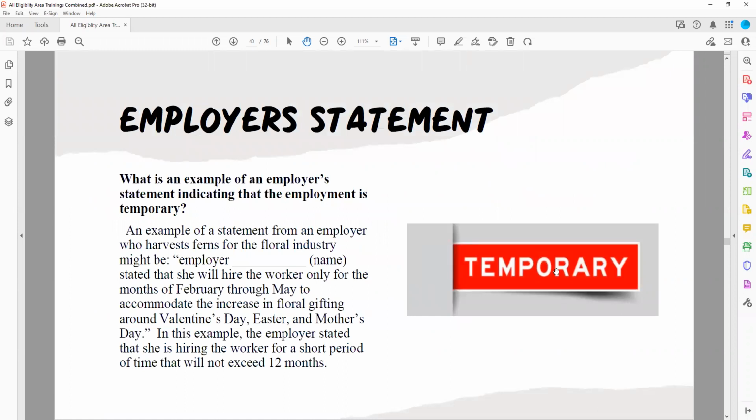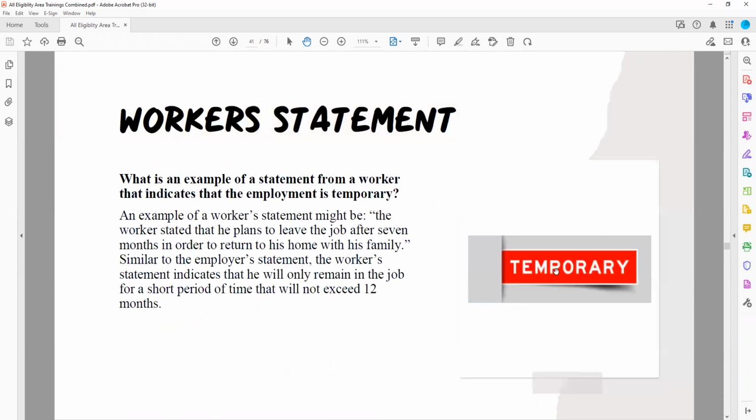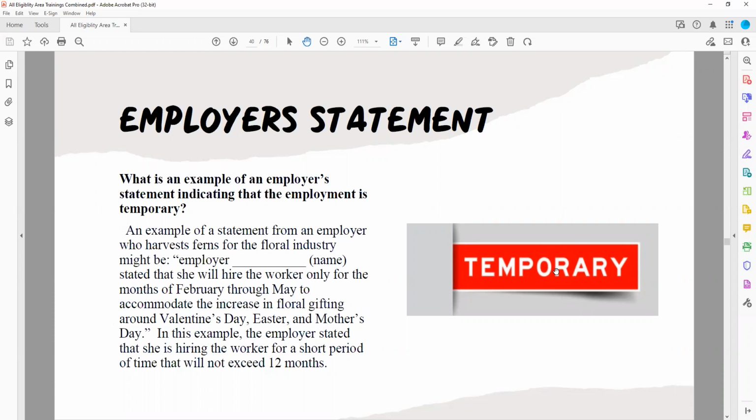So here's an example of an employer statement. An example of a statement may be that the employer stated that she will only hire the worker for the months of February through May to accommodate the increase of floral gifting. So maybe they're gathering the things for the wreaths at a certain time, or maybe they're growing flowers at a certain time to get ready for this particular florist. Now, I would say in this comment, just the floral industry could be busy, but we're not saying that work in a florist qualifies, but the growing of those plants could be the time that